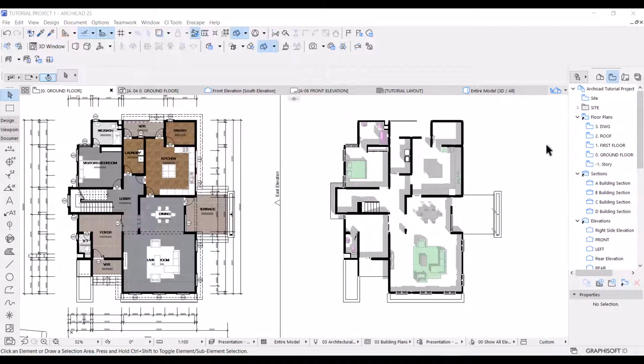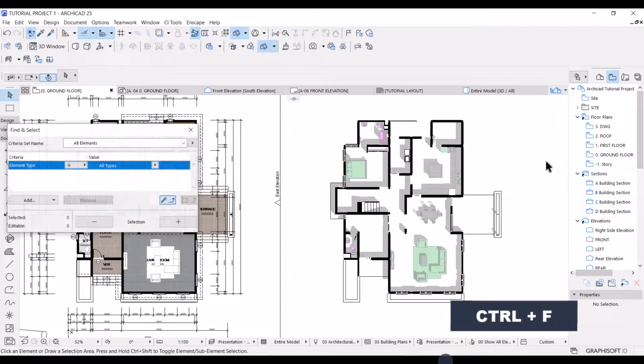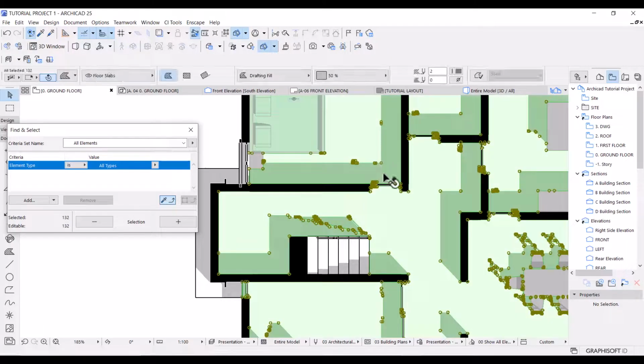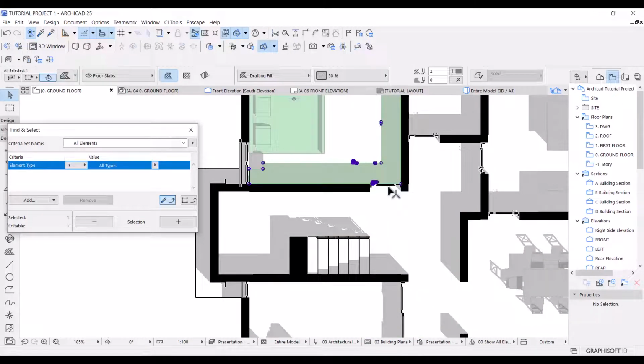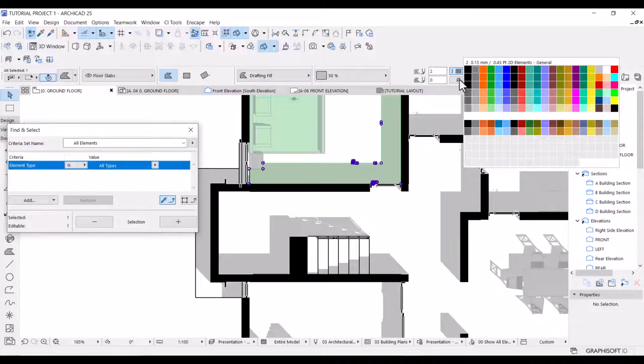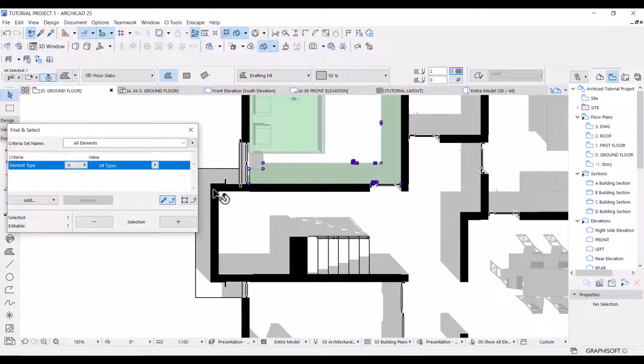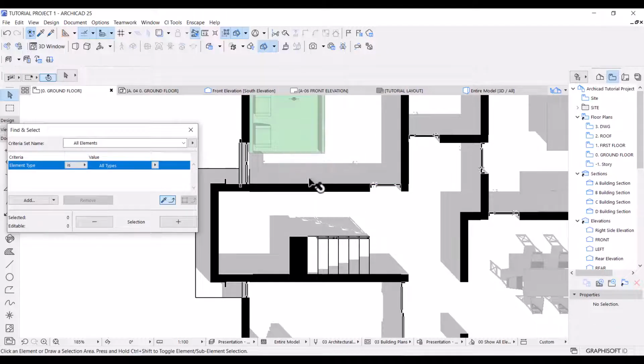Now out of all of this, the only thing I need from this is the shadows. So I'll have to find a way to isolate the shadows from everything else. Let me show you how I'll do that. I'll just Ctrl F to open find and select. Then if we zoom in, let me just click one of these shadows, ungroup it, click one of the shadows, and you can see that the shadow cut fill is 50%, the pen is 0.2 and is also transparent. So I'm going to key in all that criteria into our find and select,